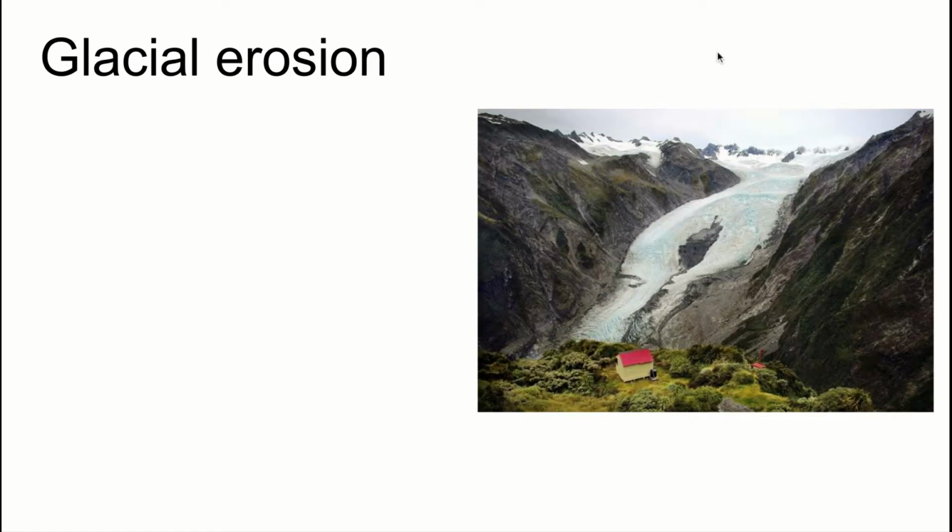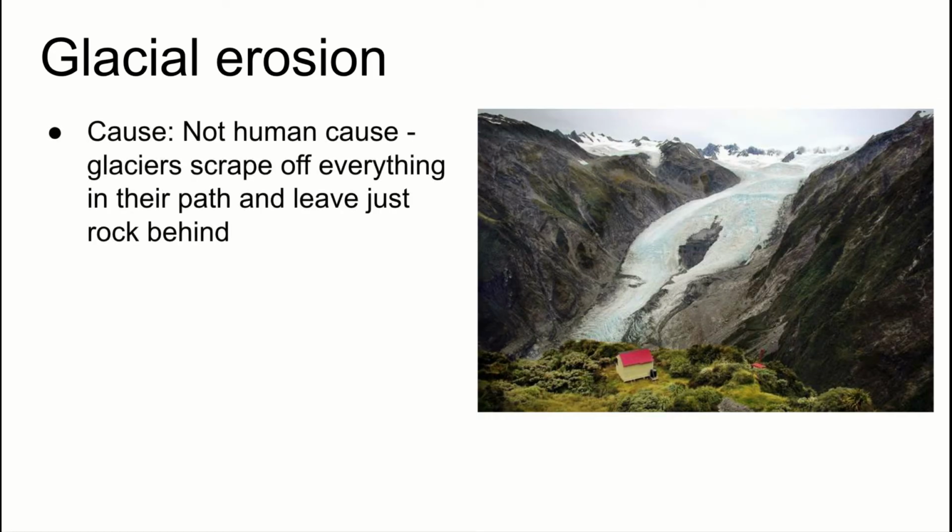Glacial erosion is a little different. Glacial erosion is not human mediated. Glaciers that used to cover a large portion of the continents on Earth and now cover a much smaller footprint, move very, very, very slowly. If you're not familiar with glaciers, they are giant mountains of ice that very slowly move by gravity over land. And because of their size and their mass, they scrape off everything in their path and they just leave behind